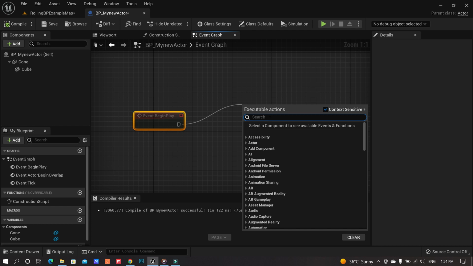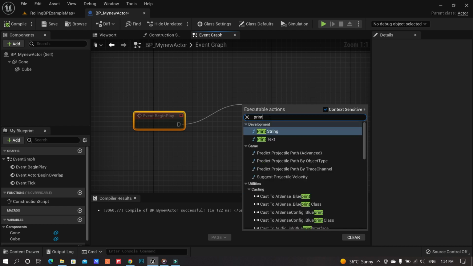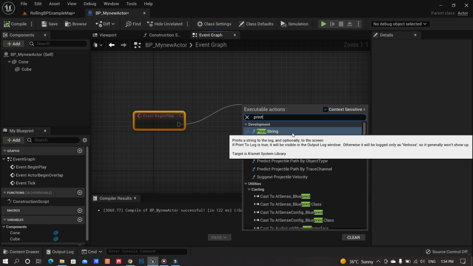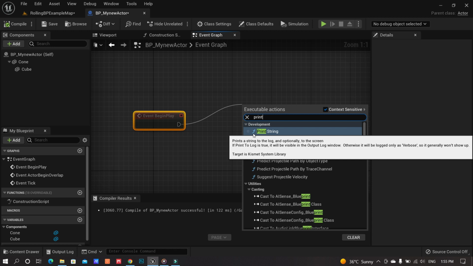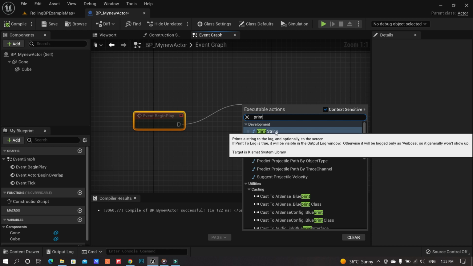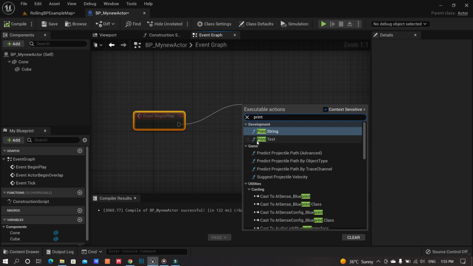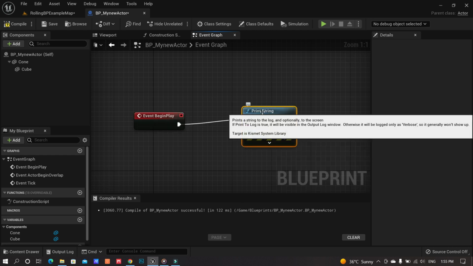For simplicity, we will use a very simple function called Print String. If you see here, Print String will be showing. By the way, the F which is showing here is telling us that this is an actual function which can be executed. So let's say Print String.